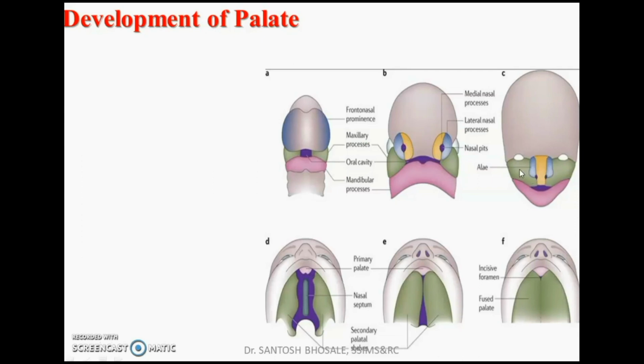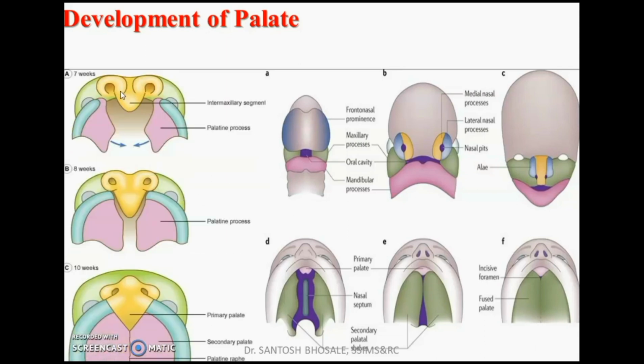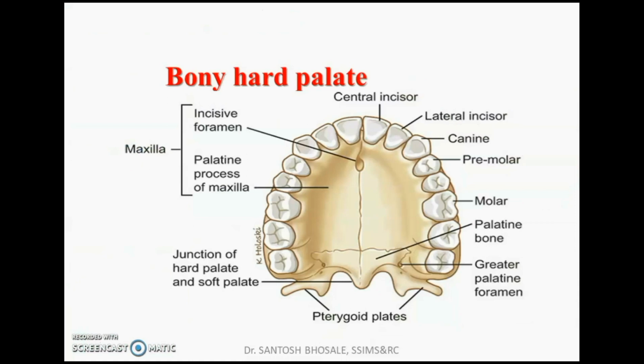You can see on either side it is joining with the maxilla to form the premaxilla or primary palate, and it is joined posteriorly by the horizontal process of the maxilla. You can see here the horizontal or palatine process of the maxilla from either side, and it is joined by the horizontal process of the palatine bone. The premaxilla is formed by the medial nasal process joining with the maxillary process, yellow with green, and then these two processes from the maxilla come in the midline, join with the nasal septum above, and join with each other across the intermaxillary suture.